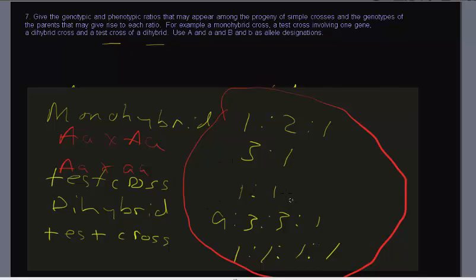Now of course it's not always going to be the case, but that's where we start: we're going to look at a cross, and our first question is going to be, does it fit these typical Mendelian ratios? Dihybrid cross, 9, 3, 3, 1. Test cross, 1, 1, 1, 1, four of those. Now don't assume it's 9 to 3 to 3 to 1. The only time we have 9 to 3 to 3 to 1 is if it's a dihybrid cross. So those are the kinds of